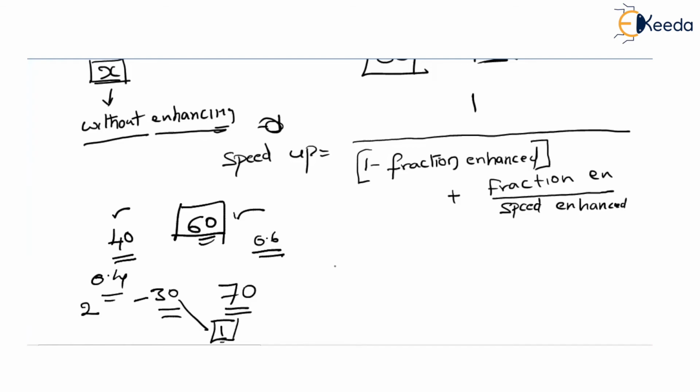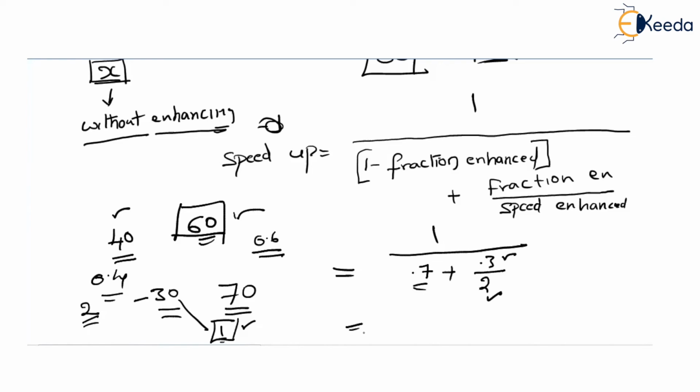So here, in Amdahl's law, the speed up can be measured as 1 divided by (1 minus fraction enhanced, that is 0.7, plus fraction enhanced 0.3 divided by 2). Fraction enhanced is 0.3, so 1 minus fraction enhanced is 0.7, plus fraction enhanced is 0.3. What is the speed enhanced? Speed enhanced is 2, that is doubled. Earlier it took 2 milliseconds, now it's just taking 1 millisecond. That is, the speed up has been exactly doubled.